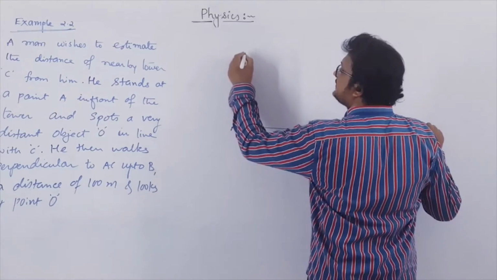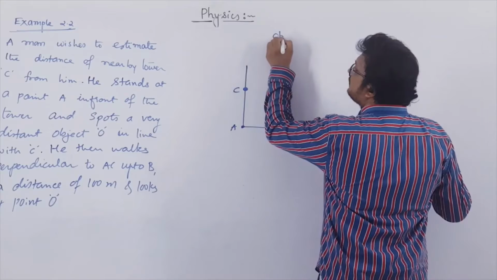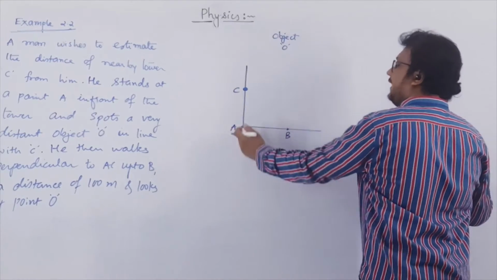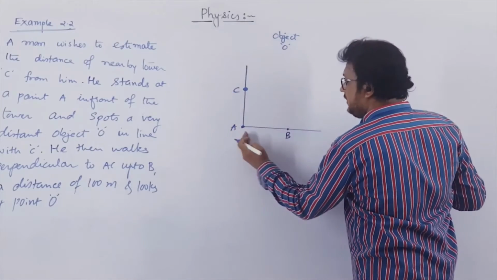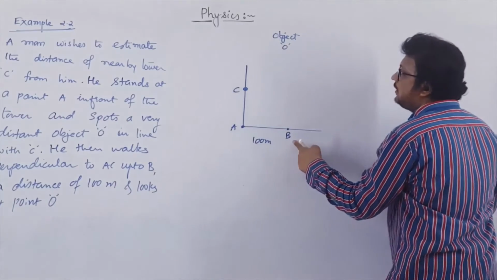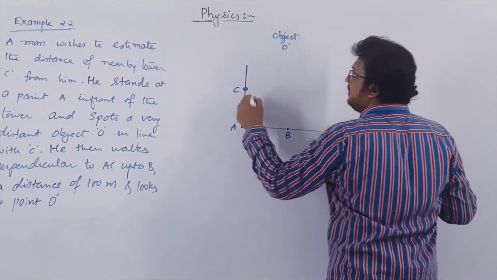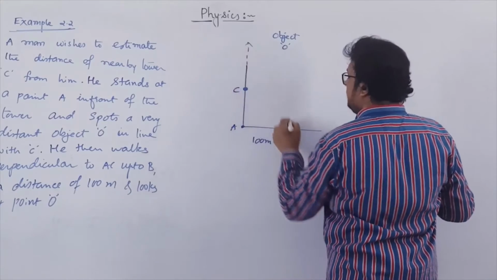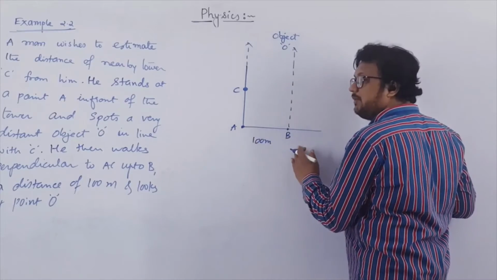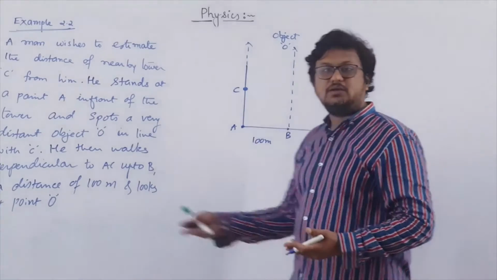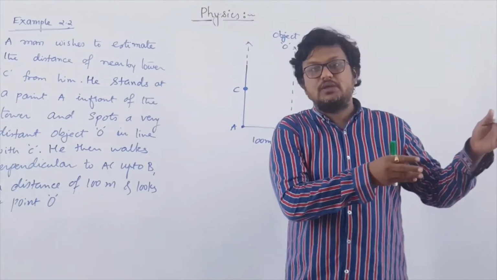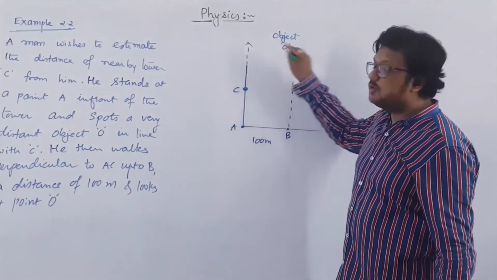Initially he observed in this direction, here somewhere object O is there, right? Let us say he is observing the moon in line with C. Now when he walks 100 meter and stands at point B, again he will find the moon in the same direction. So the line of direction will remain same, right? If you are observing the moon or point O from point A or from point B, as you walk 10 meter or 100 meter, you will find that the moon is also walking with you, right? So you can say that these two lines are almost parallel to each other.